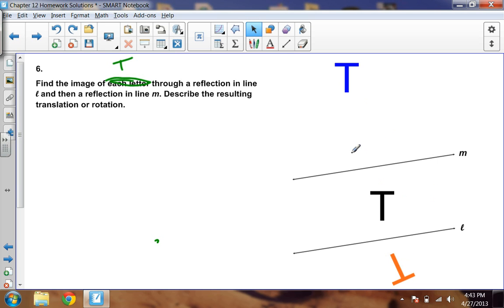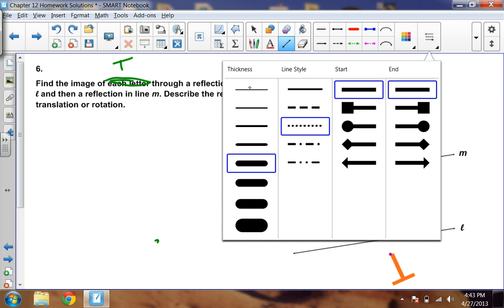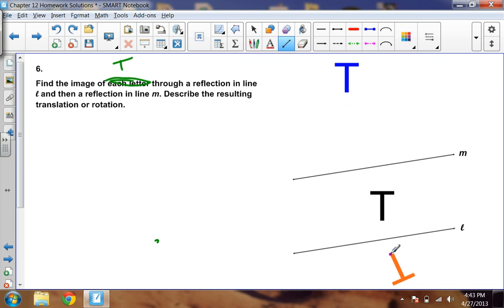But if I take a point on T, like a vertex, let's reflect it across line M. So we have to find that opposite reciprocal. We have to find that perpendicular line. Oops, I have to use these. So let's just draw something that's kind of roughly going through